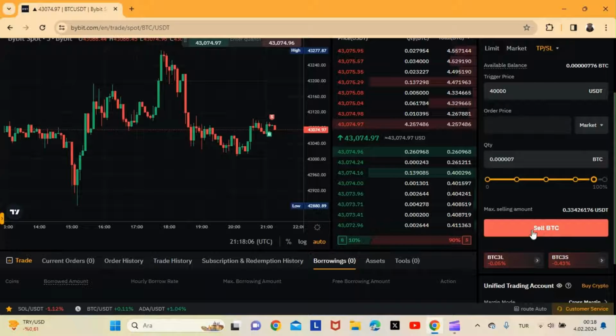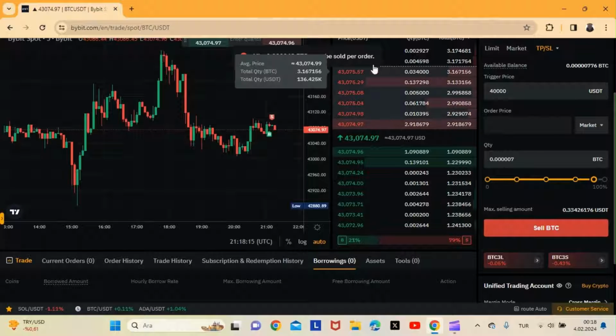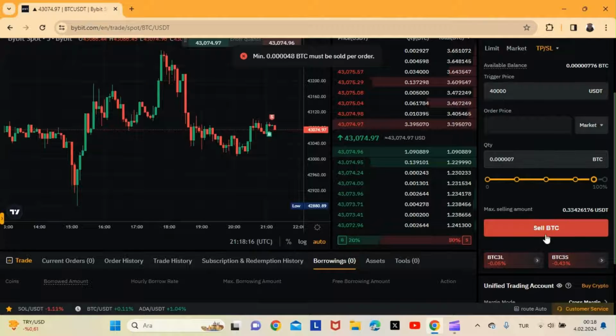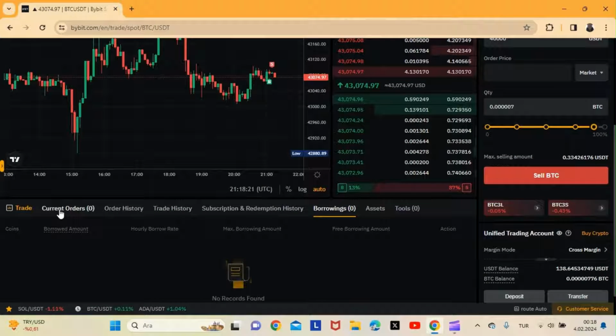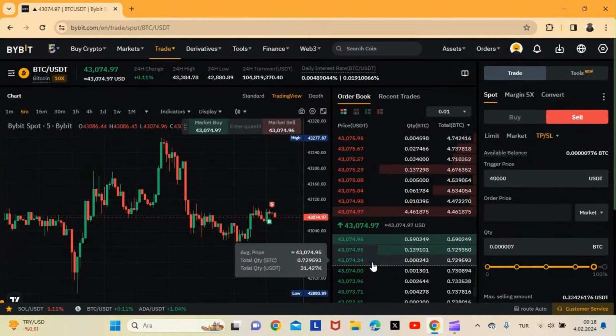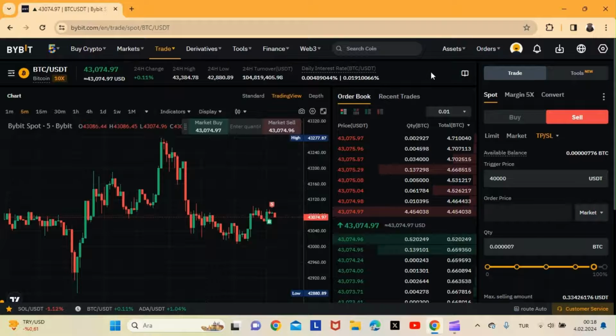So you can just come in here and press sell. Though our minimum is that you need to have 0.0004 BTC before you can sell. Okay, so you can sell. What you are going to notice is this order is going to be in Current order. Okay, it's going to be in current order. So guys, this is basically how you buy and sell your crypto using the spot